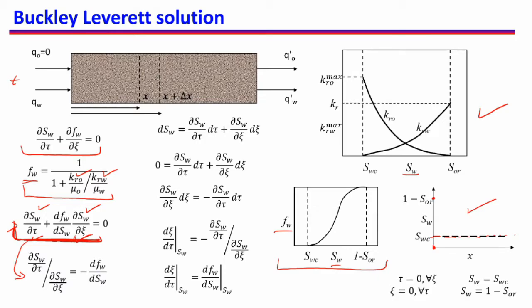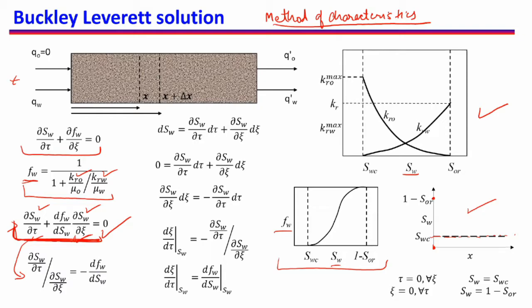So to solve these kinds of equations, mathematicians have given us a different method, because these generally are difficult to solve using the normal solution of partial differential equations. So we use a special method called the method of characteristics. I will not go into the detail of the method of characteristics. I will use it, but I won't be using the terminology of the method of characteristics. I will use part of the solution methodology. So this is a particular solution methodology that we will use.